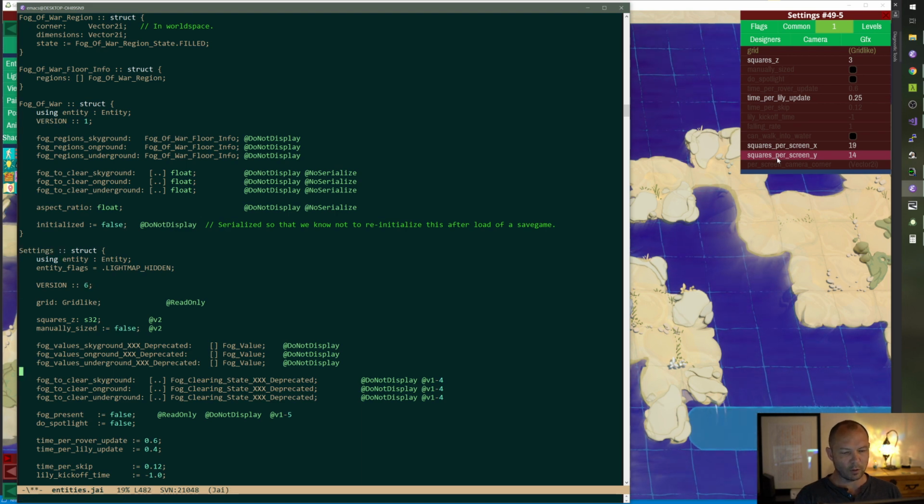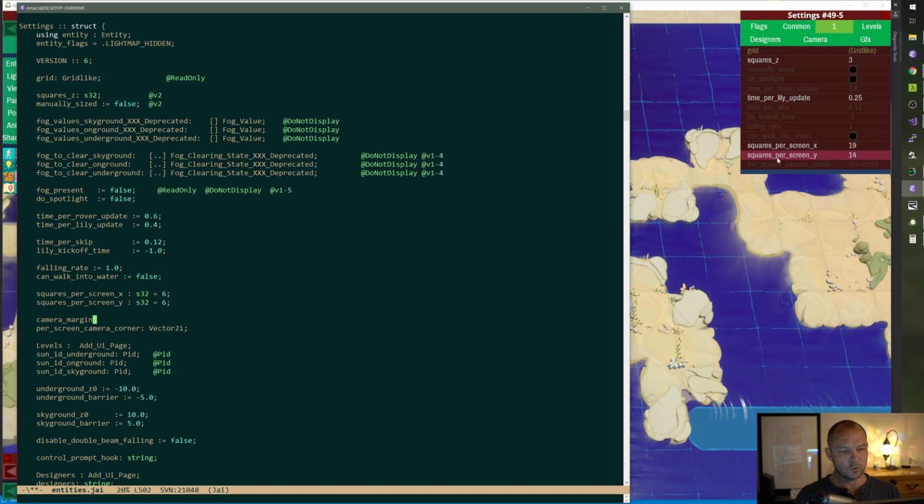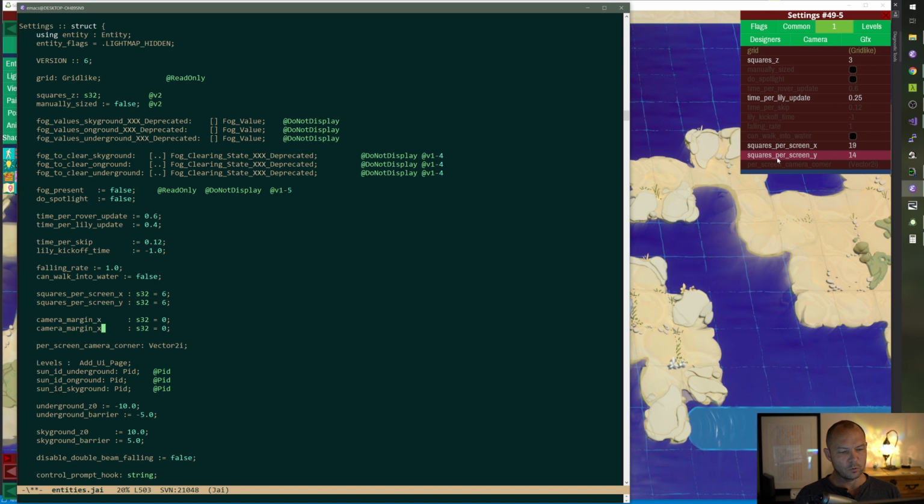So this is version 6, and we're going to have camera margin X, camera margin Y. Let's call it room margins. Those are V6. Yeah, we'll have a smoother transition. It's just